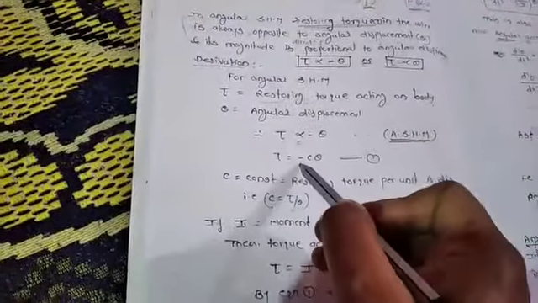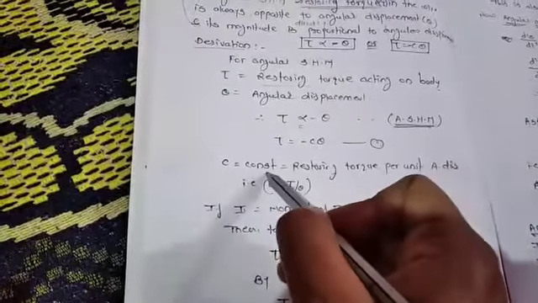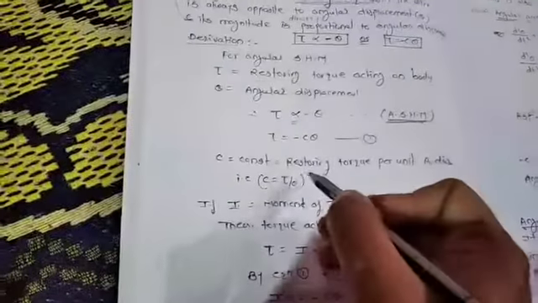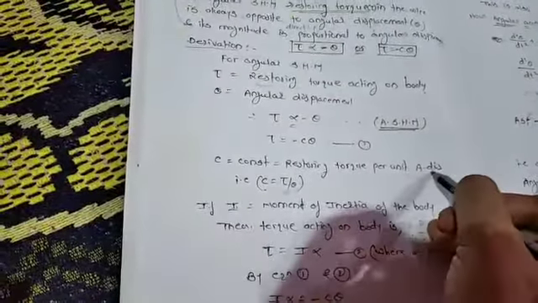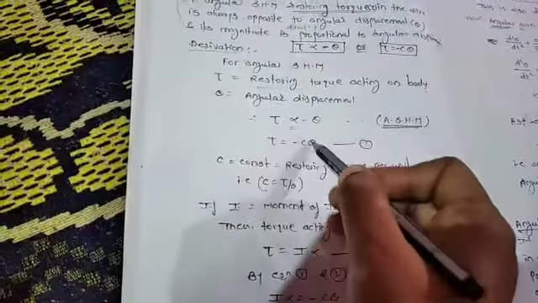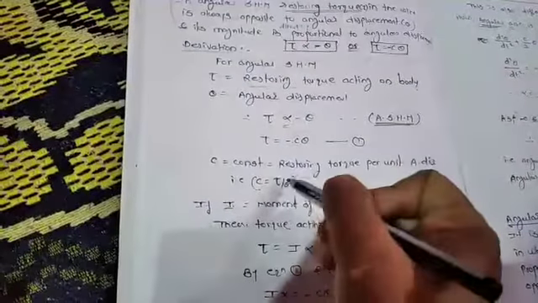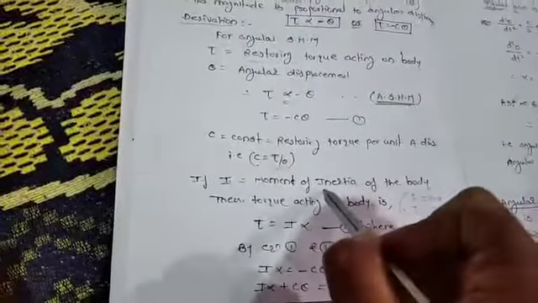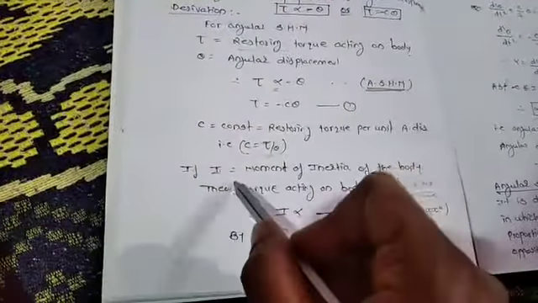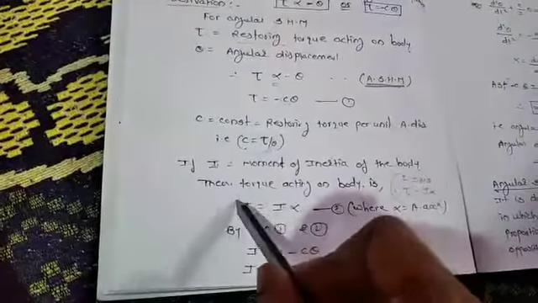So this restoring torque is equal to minus C into theta, where C is nothing but the constant of proportionality, and we can say it is the restoring torque per unit angular displacement. If we put C as it is, then it is tau divided by theta. So C is equal to the restoring torque divided by theta. Now if I is the moment of inertia of the body, then the torque acting on the body,